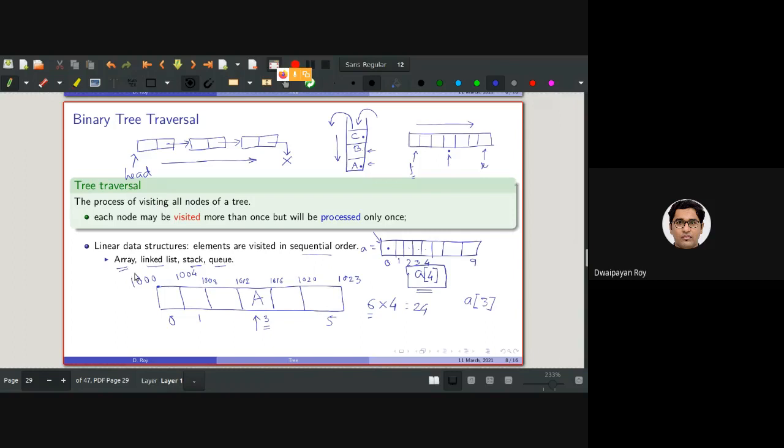So that's why array accessing or array traversal is also in sequential order, and we cannot skip. That is exactly why it is similar to a linked list or stack or queue. You might get confused by this, as I am saying that I can access A3 directly, but it is not actually accessing A3 directly. We are going through from the beginning, from 0, 1, 2, then I am coming here.